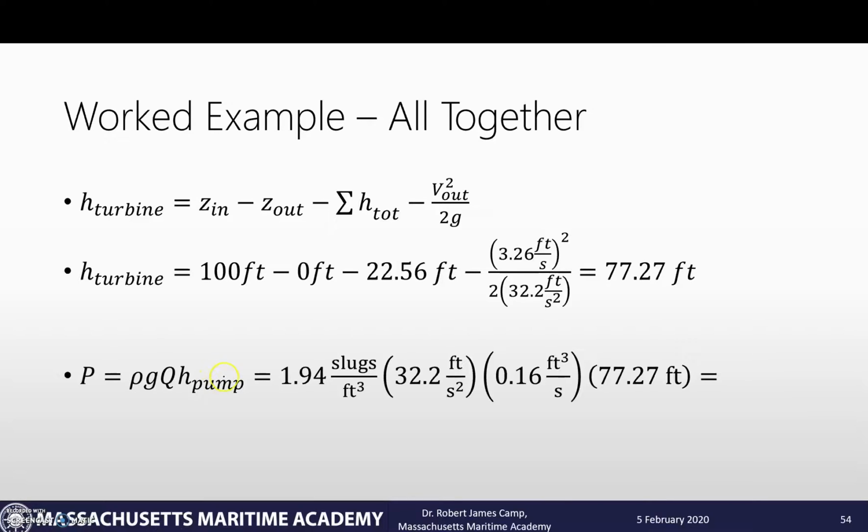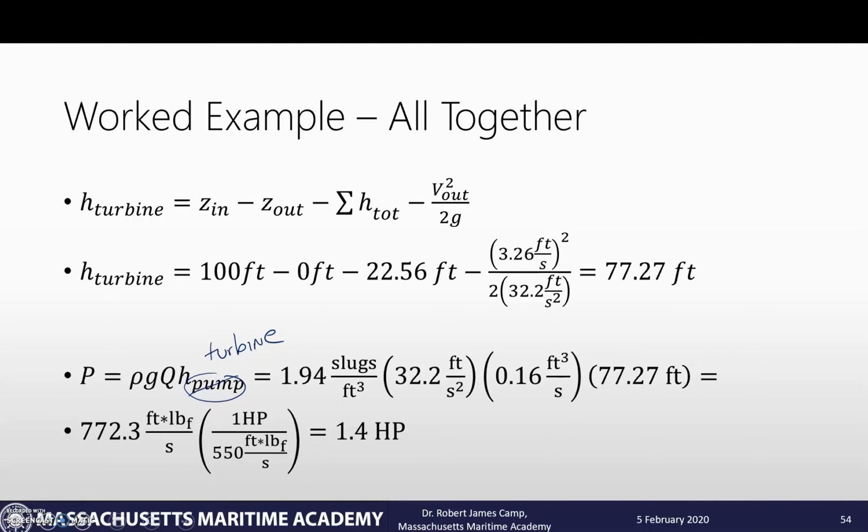And I just noticed that this says pump. That is not correct. This is a turbine. Same equation, but we're using the turbine. So the power of the turbine is going to be rho GQH turbine. So our rho, 1.94 slugs per cubic feet, accelerated by gravity, times our flow rate, times the head the turbine provides. And that's going to give us